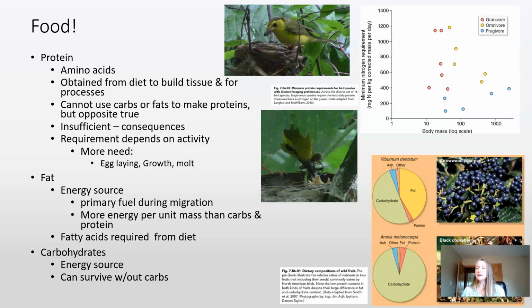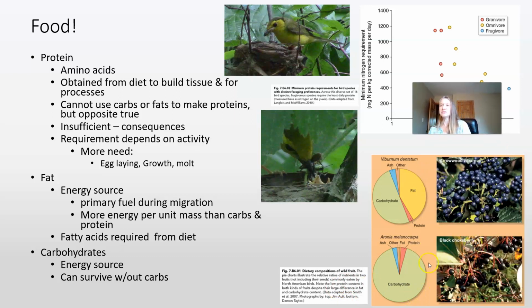The other thing that's really neat to think about, and there's a neat box in your book, make sure you read it a little bit more, is wild fruits. So right now, if you are going birding, part of the reason why we saw so many birds up at the ridges in those areas was because there were grapes around. So birds are going to come and eat these fruits during fall migration. Thrushes, for example, are omnivores. They eat mostly protein sources during the rest of the year, with fruit being a very small component of their diet. But in fall migration, fruits can be 60 to 80% of their diet. So these fruits can be very important.